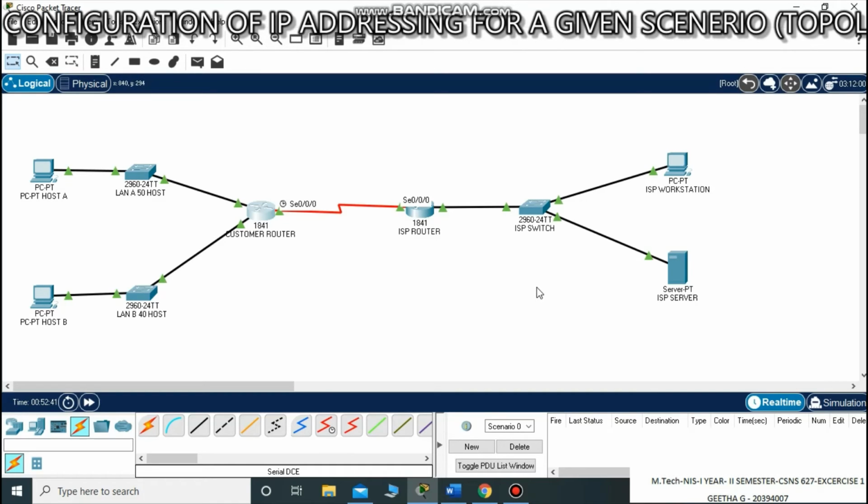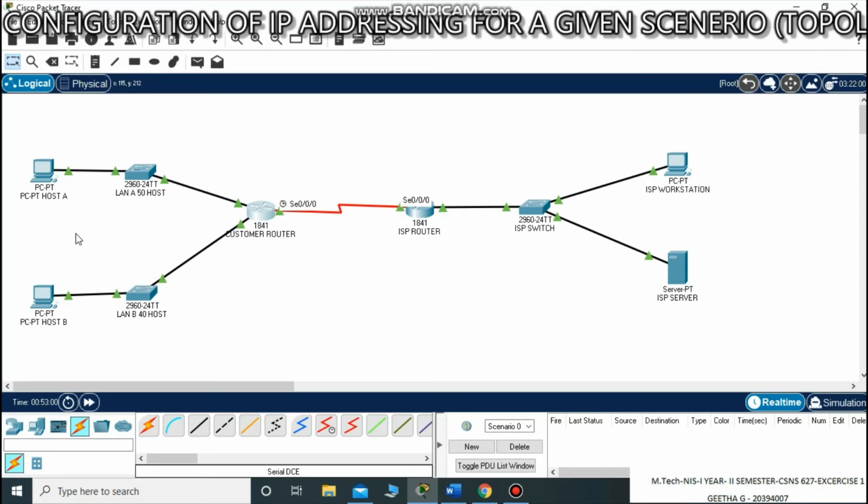Under the results, in the connectivity test tab also, we can check the status of each device, whether it has been connected or not.